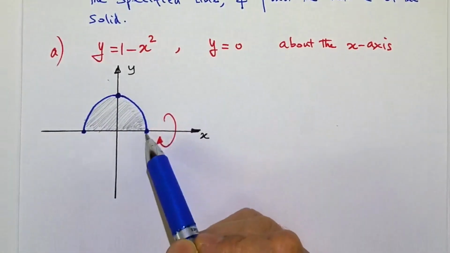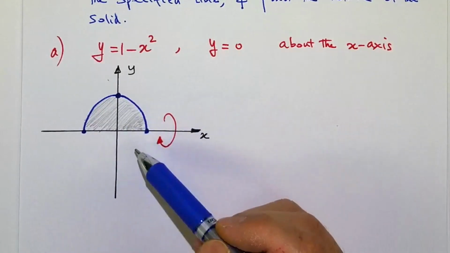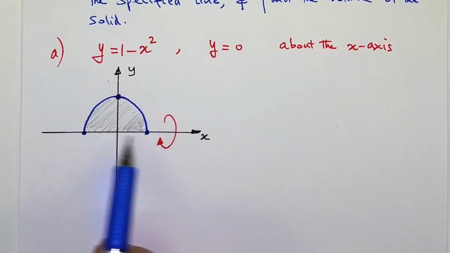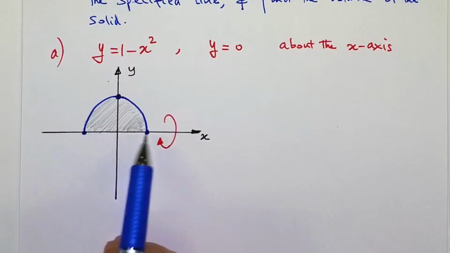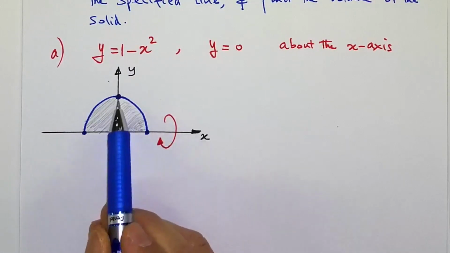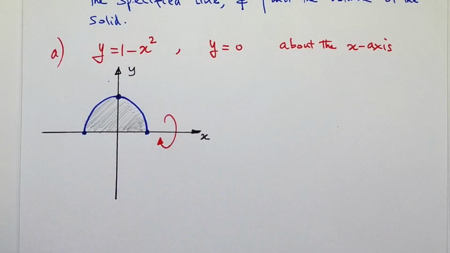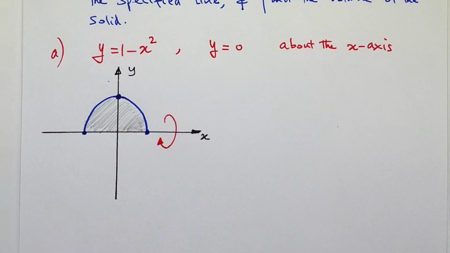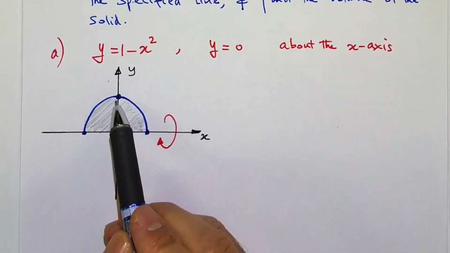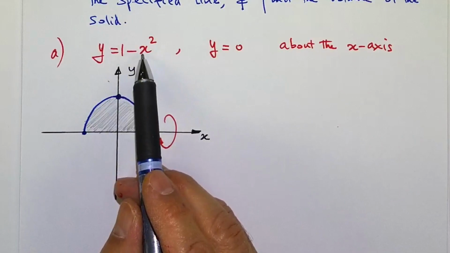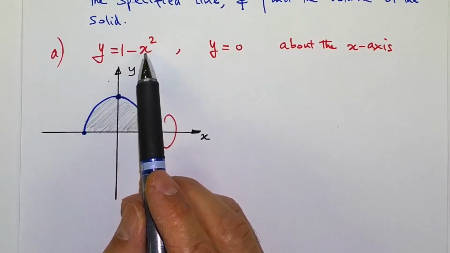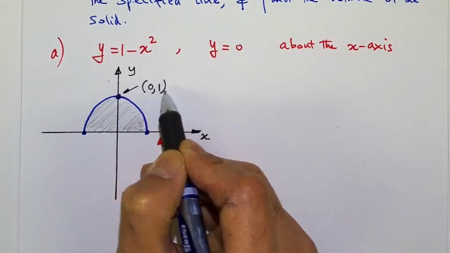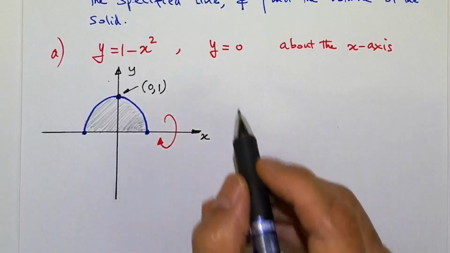So here, when we rotate about the x-axis, we have to establish where these points are, so we know the limits of integration. Basically let's establish the x-intercepts. That's what we want to find out. We already know that the y-intercept is easy to find. If you just substitute for x with 0, you get y equals 1. So we already know that is 0, 1. And then to find the x-intercepts,